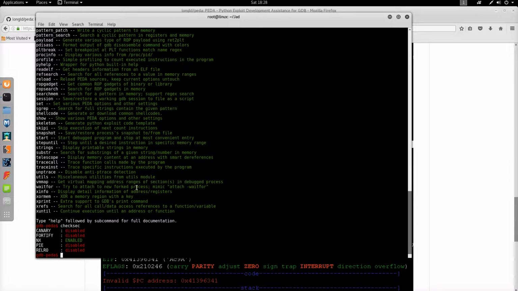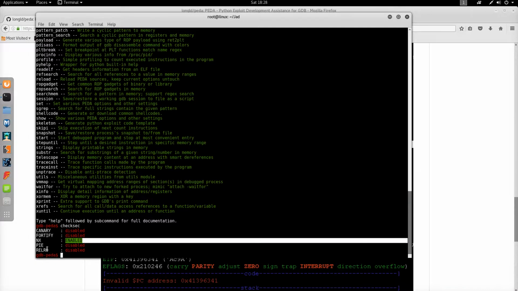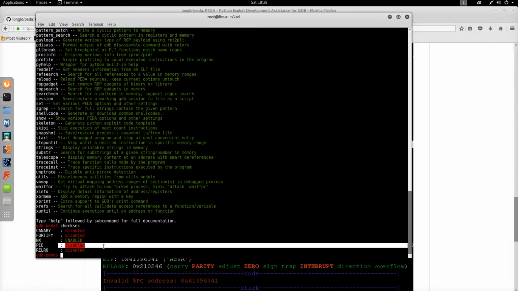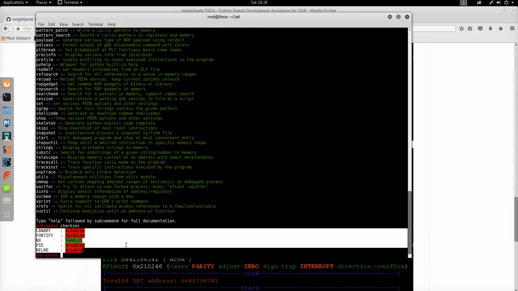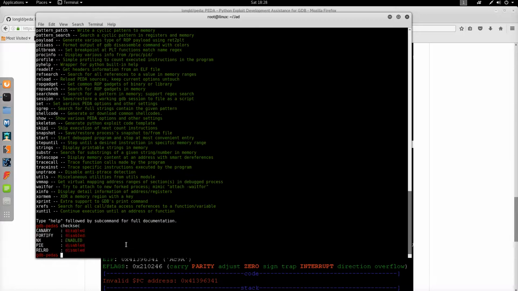Yes, I'm drinking coffee. And then what else? Well, this one I don't have a canary. I don't have FORTIFY. I do have NX, so it's enabled. And I have PIE, and then I have RELRO also disabled. So pretty straightforward. I can run this exploit,